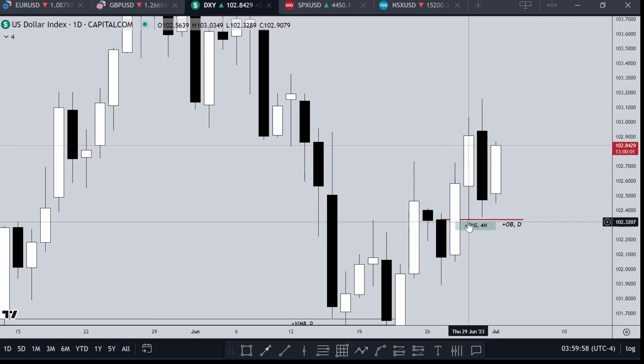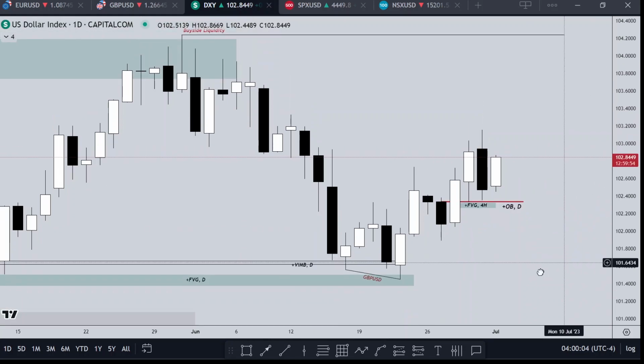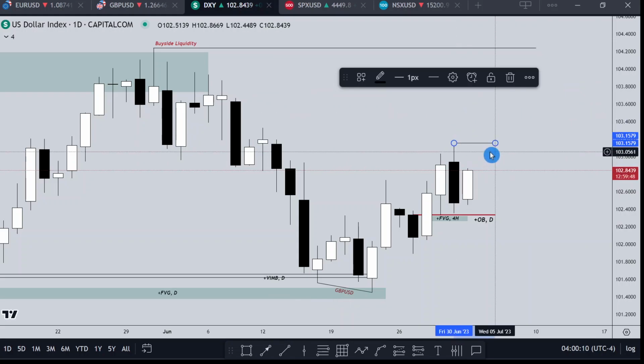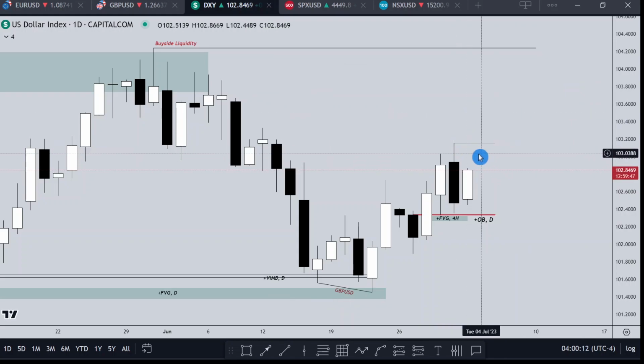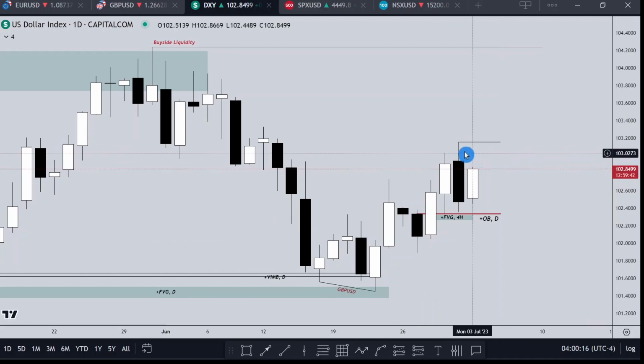I see that price pulled back to it nicely, right? And it's reacting. So I am bullish. On this particular day, I'm expecting Friday's high to be taken on the DXY. If I'm expecting Friday's high to be taken, I'm expecting Friday's low to be taken on the euro and then